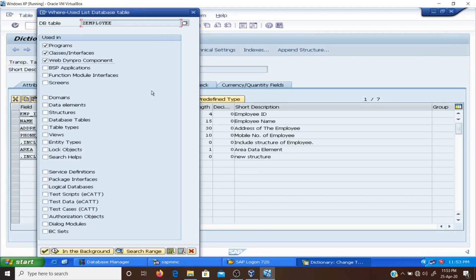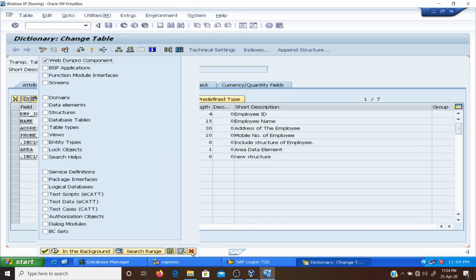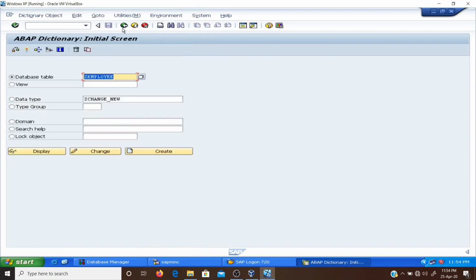In our case, we are searching for this database table Z employee, and this Z employee data table that we have never used in any program. So I'm taking another example. Click on this cancel button, go back and select here